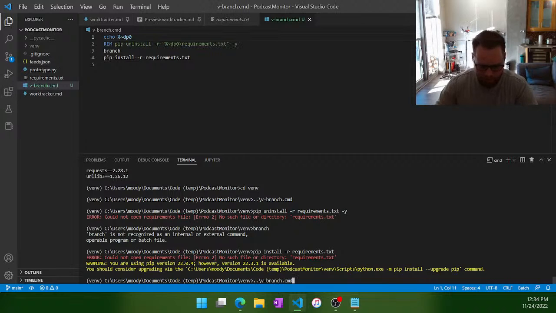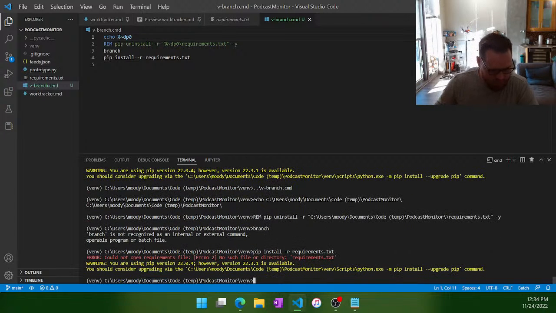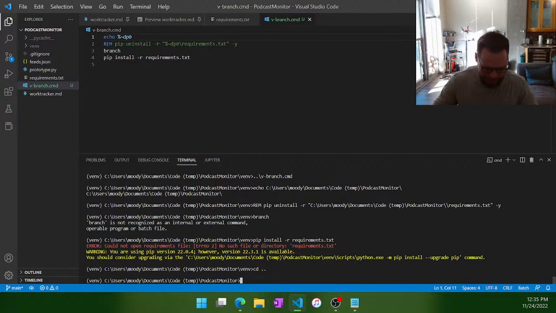So now if I run vbranch, what you'll see is that in this first line it echoed, and what it's echoing is actually this dp0. And as you can see, it echoes the location of vbranch, not the location where I am at in venv. And so if I come back and go back into the podcast folder and then just type vbranch,